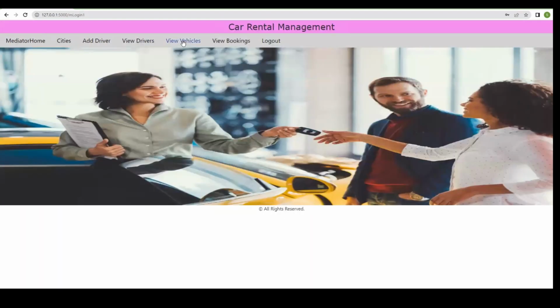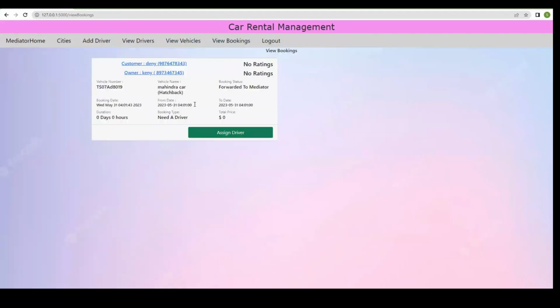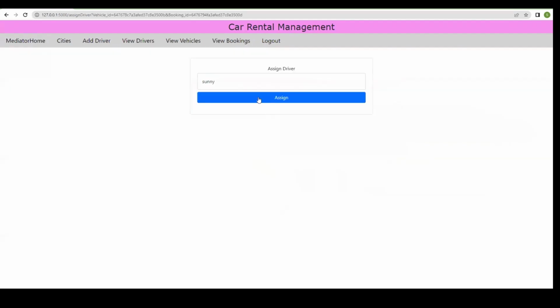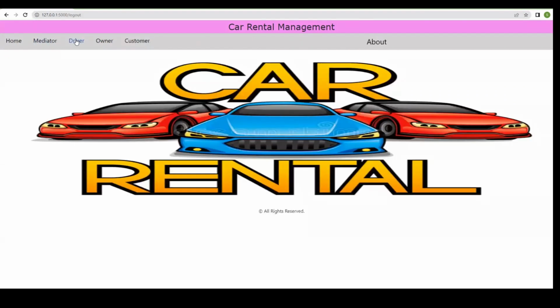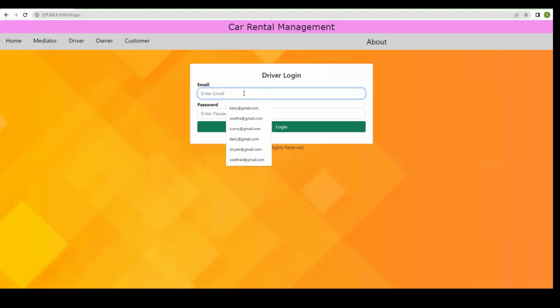So this is the mediator page, and here the mediator can view the bookings and assign the driver by clicking this assign the driver button. By choosing the driver name here, assign the driver to that particular car. So driver assigned. After assigning, the driver will log into the website,